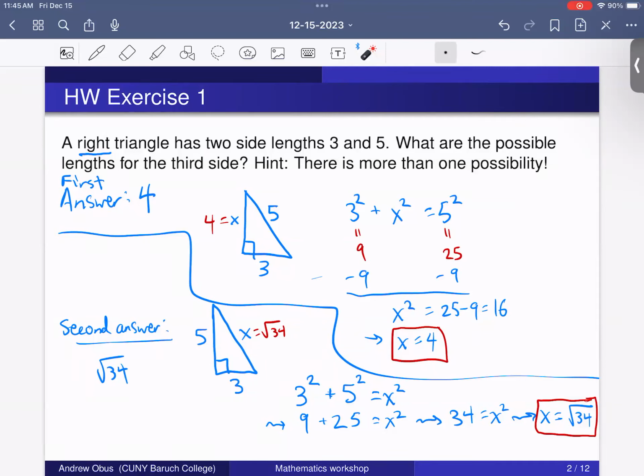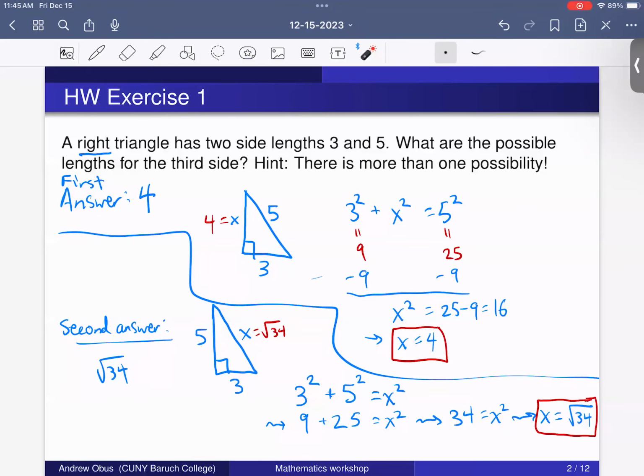Sorry, can I draw the triangle with 3 as the hypotenuse? Okay, so the point is I can't draw the triangle with 3 as the hypotenuse because